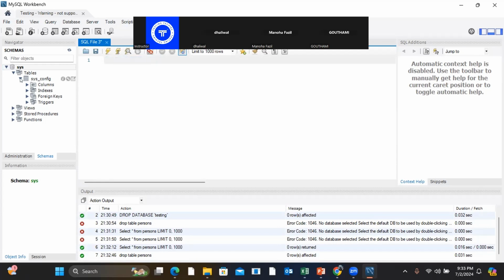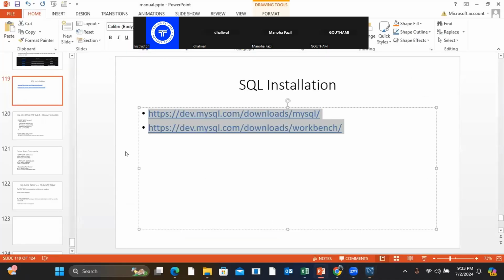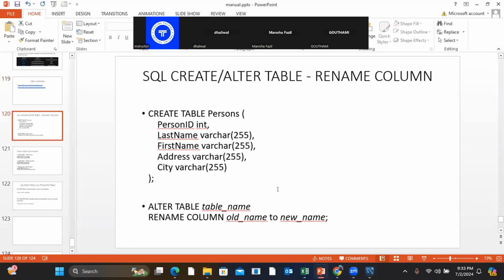First thing, I'll not be using the default table which is present. Let me create one table. So what is the first command for me? I've created a database, I've created a schema, I have everything. Now what is my next thing to do? I have to create a table. This is my first requirement. Without a table, there is no meaning, right? So first I have to create a table. So for creating a table,